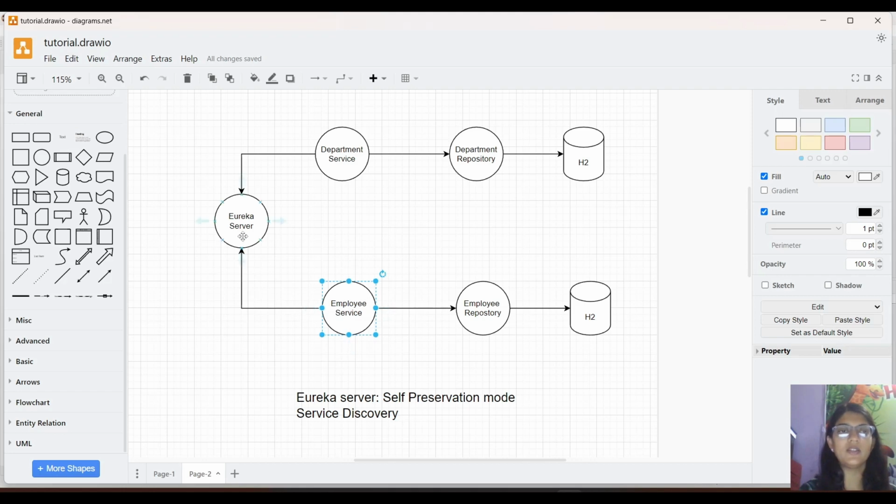Okay, so what happens is this employee service goes to the Eureka server and it asks for the instances of the department service, and then the Eureka server will return the instances which are available, and then in the employee service we are going to have a client-side load balancer. So that will decide which instance to pick up, and then the employee service will take that instance and try to connect to that instance with the help of REST template. Okay,